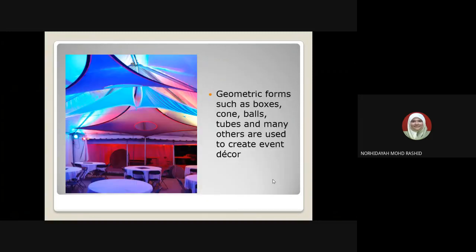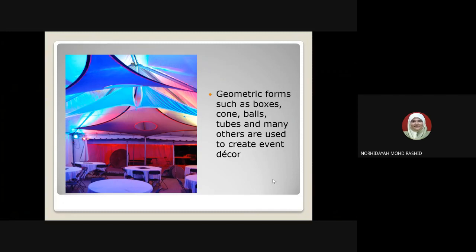Okay, usually kita ada beberapa lah sampel kat sini, such as a geometric form, like a boxes, cone, the balls, the tube and many others to use during creative event deco. For your information, usually kan kadang-kadang kan student didn't realize they already apply this concept ataupun this form dekat dalam event diorang.